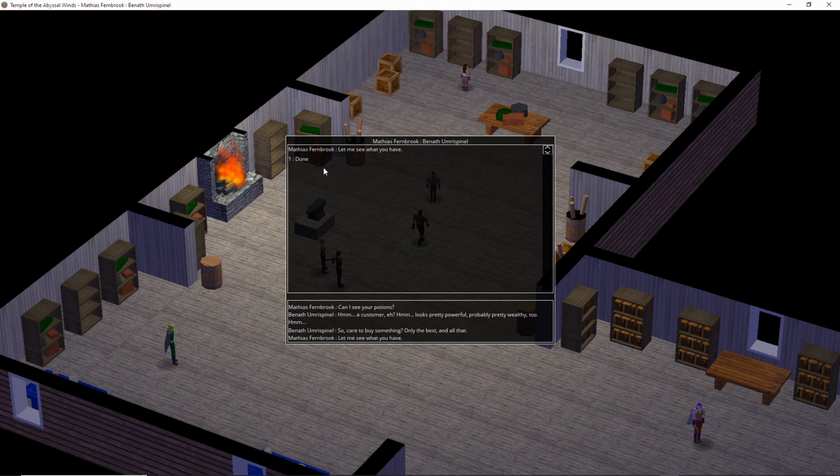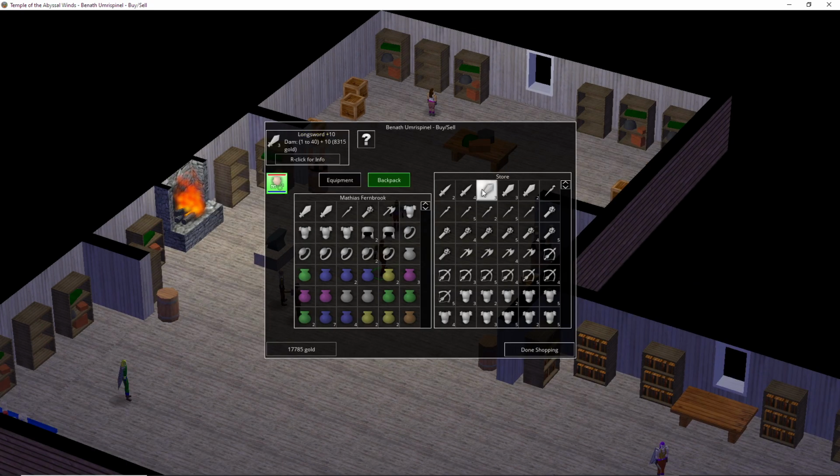Let me see what you have. Oh, yeah, he's got the goods. He's got the goods. We're going to be dealing with him a lot. A lot of plus 10s. Plus 20. Yeah, he's got the goods. So